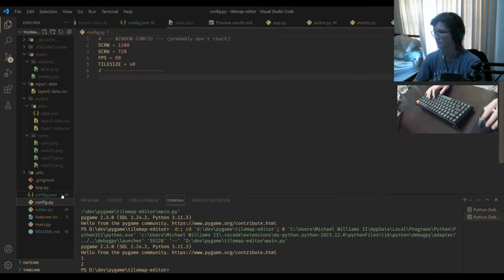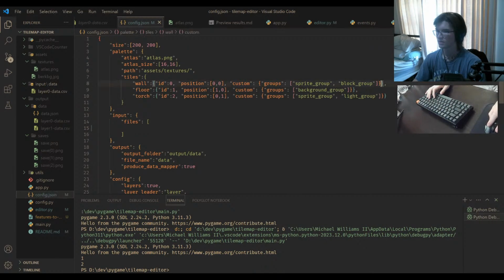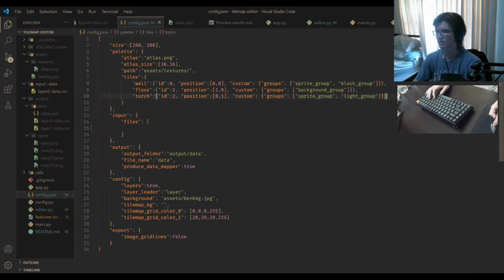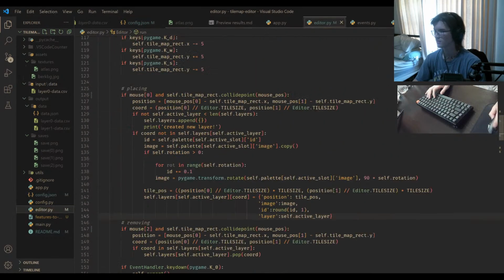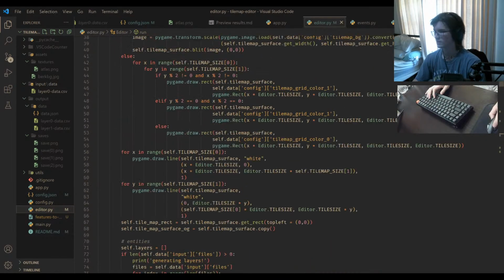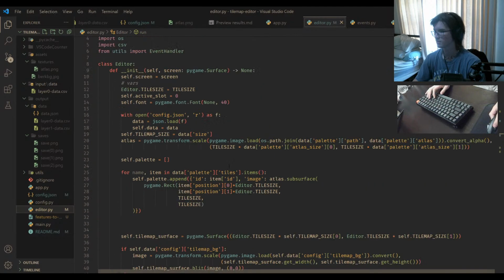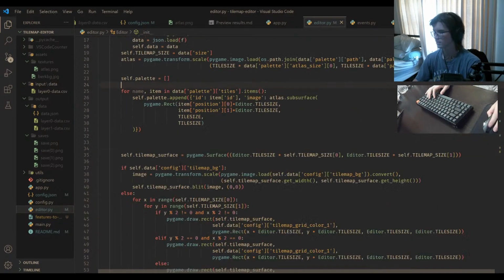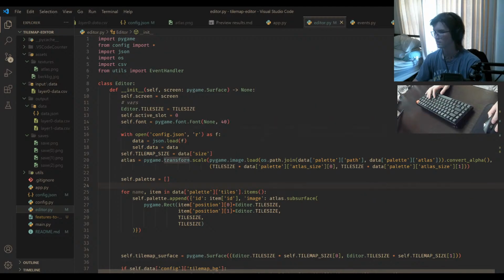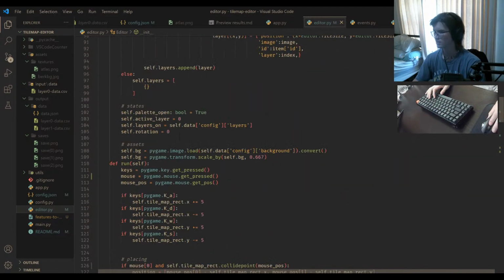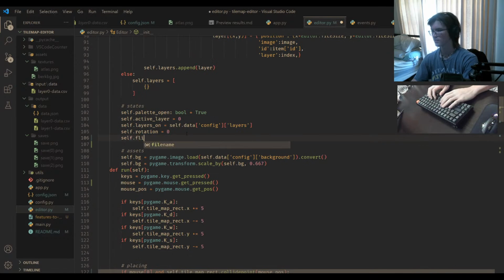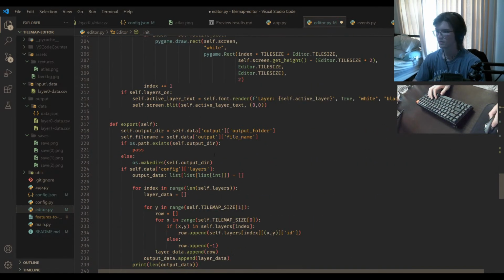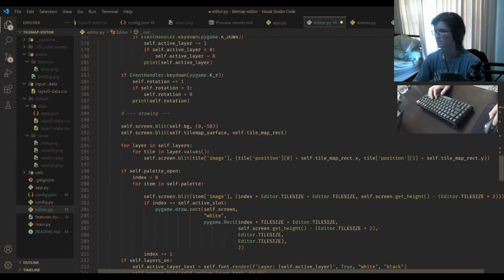Anyways, in config, we need to actually. I don't need to change anything in config. I can just implement it here. Okay, so flip will flip the image. So we need to add a state, which should be in the states here. So self.flipped equals false. And then I think all I need to do is